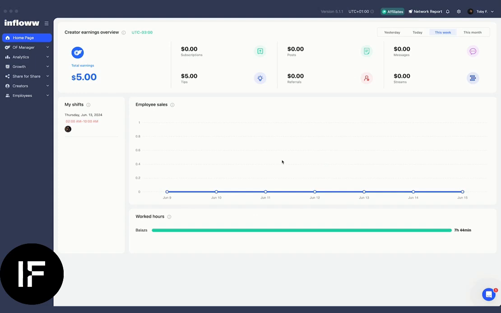But before we jump into the product, I want to give you a bit of insight on the way we view Inflow internally from a product perspective. Inflow is really broken down into three main pillars. You have engagement features, and an engagement feature is anything that you can basically do on OnlyFans. We want to make sure you can do that within Inflow. We have analytics features, which is any kind of reporting, any kind of insights we can give you about your accounts, about your employees, about your team that can help you make better decisions. And then we have growth, and growth is really around automation, AI features, anything that's really going to help you boost your revenue, improve your margins, and just help you operate on your account much more efficiently.